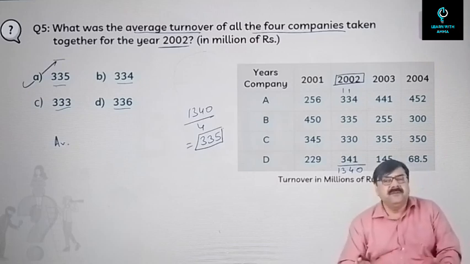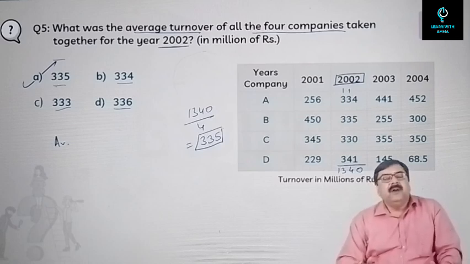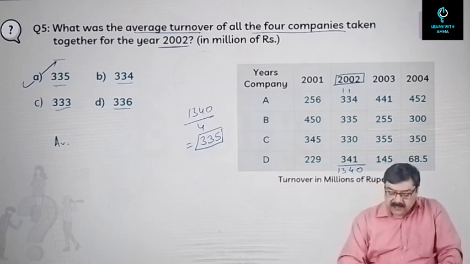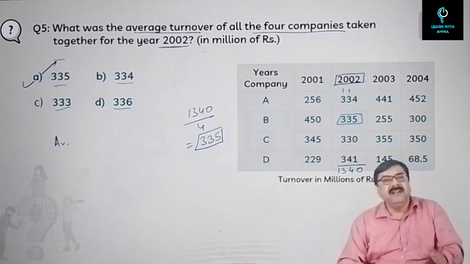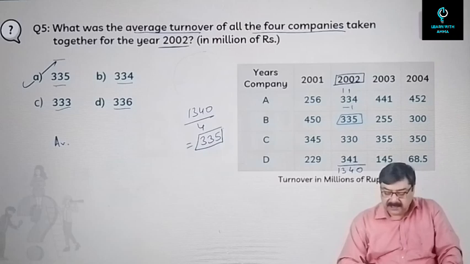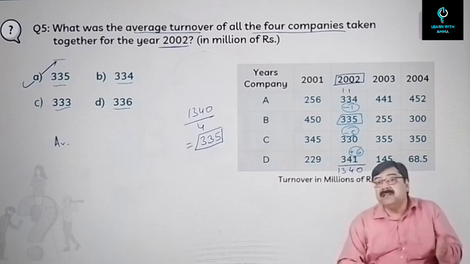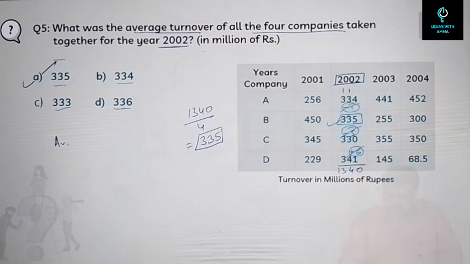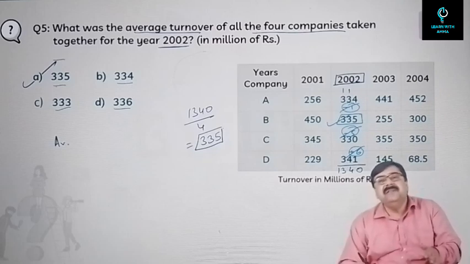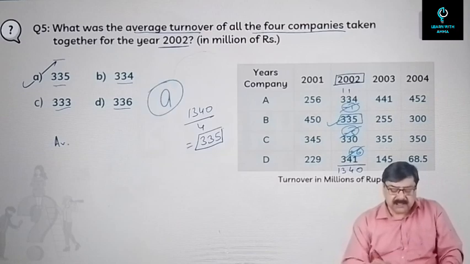Now, this is a standard way of solving the question. Now, another way of solving the question would be by weighted average. That is, you are assuming that 335 is the average of these 4 figures. Now, 334 is 1 less, so minus 1. 330 is 5 less, so minus 5. And 341 is 6 more. So minus 1 and minus 5 is minus 6. And 341 is 6 more, so plus 6. So minus 6 plus 6 balances, 335 becomes your average. So this way, you can reduce the time and effort which is involved in calculation and still you arrive at